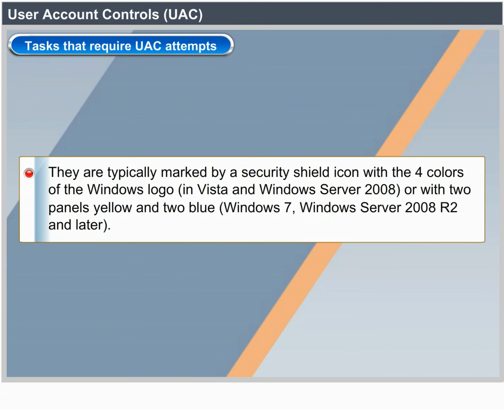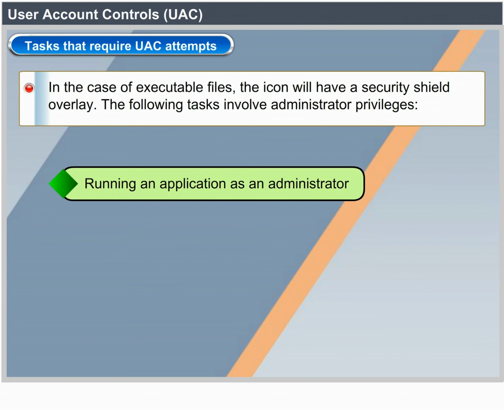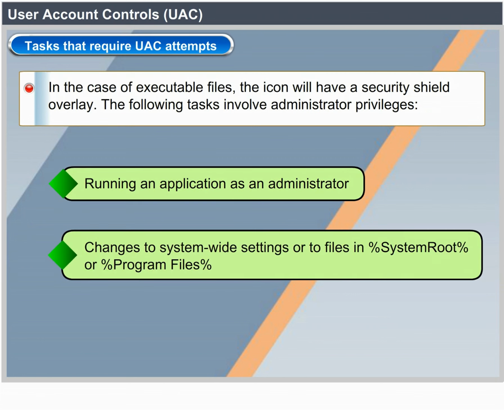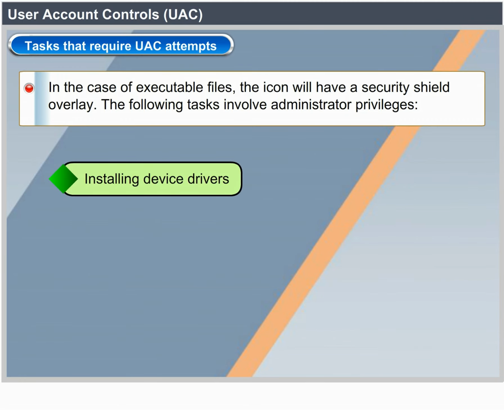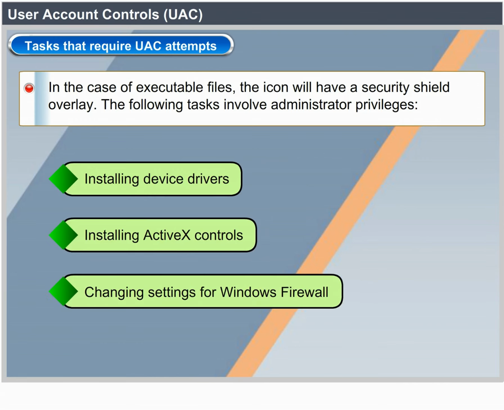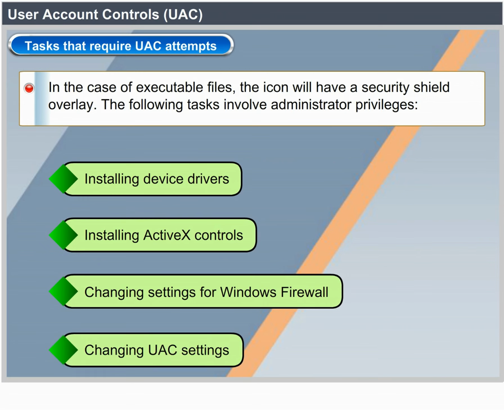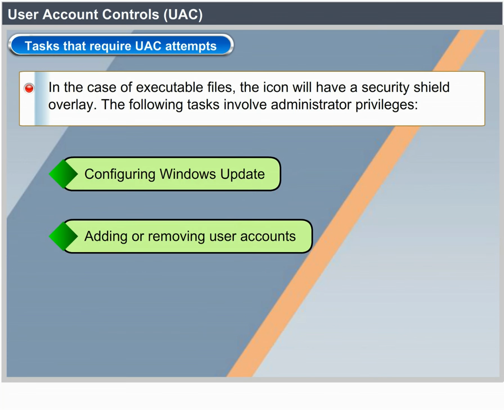The following tasks require administrator privileges: running an application as an administrator, changes to system-wide settings or to files in system root or program files, installing and uninstalling applications, installing device drivers, installing ActiveX controls, changing settings for Windows Firewall, changing UAC settings, configuring Windows Update, adding or removing user accounts, changing a user's account type, configuring parental controls,